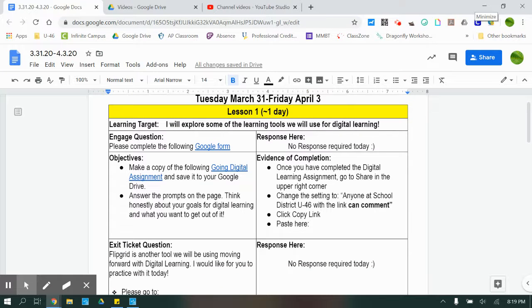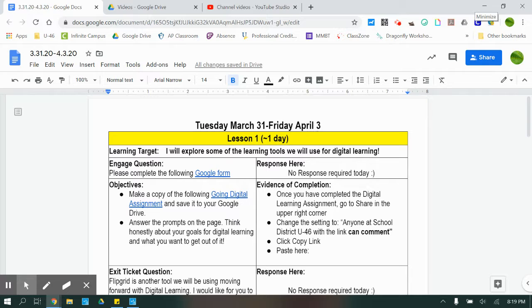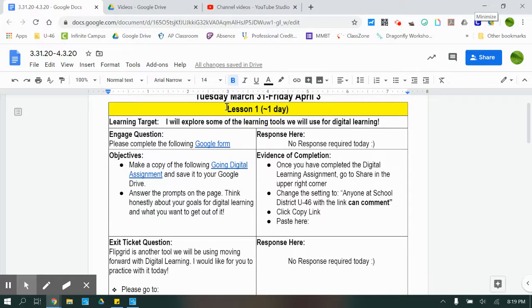I want to go through lesson 1 for the week of Tuesday, March 31st through Friday, April 3rd. So you'll notice lesson 1 is right here at the top. It should take approximately 1 day, which means 30 to 40 minutes depending on how quickly you work. The learning target is that you are going to explore some of the learning tools we'll be using for digital learning. I want to give you the opportunity to get back into the swing of things, tell me kind of what you've been up to, and work out any of the issues with our access to internet and stuff like